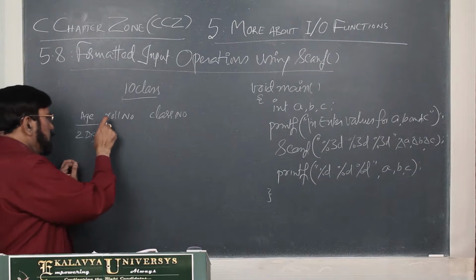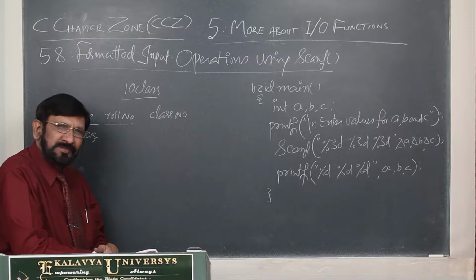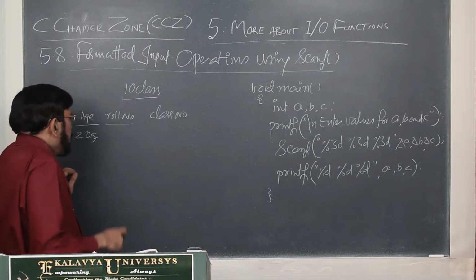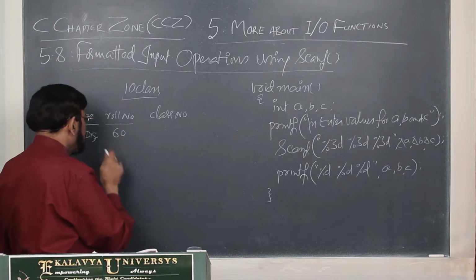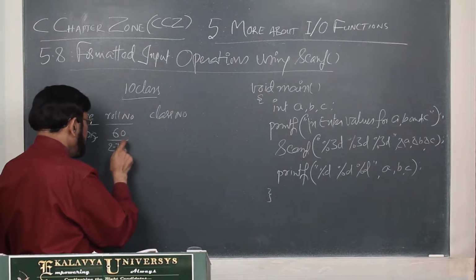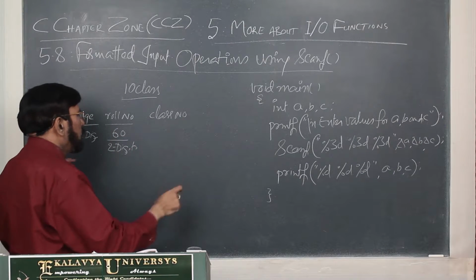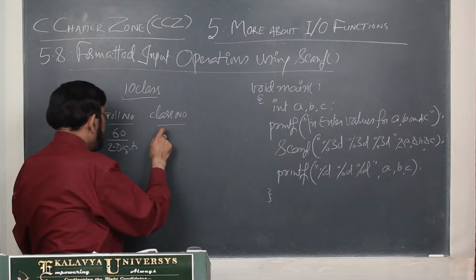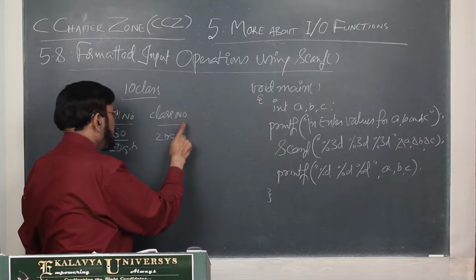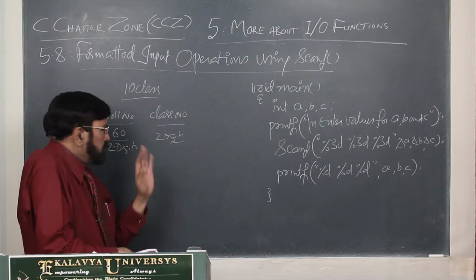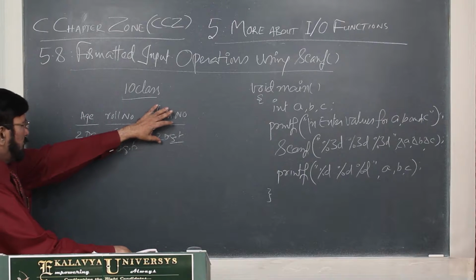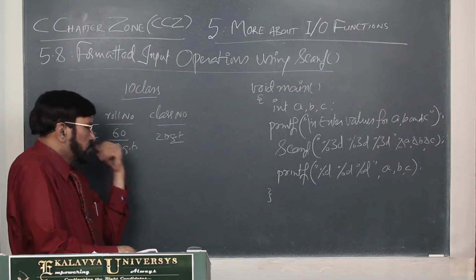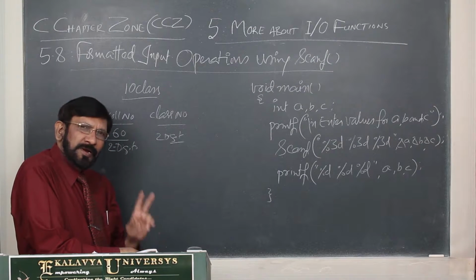Okay. If you come to the roll number, according to the rules and regulations of the school, the maximum strength is 60. So this also will never be more than 2 digits. Class number, maximum 10, so it is never more than 2 digits. So you know the facts. Whatever data you require for your records, age of the student, roll number, class number, will never be more than 2 digits.